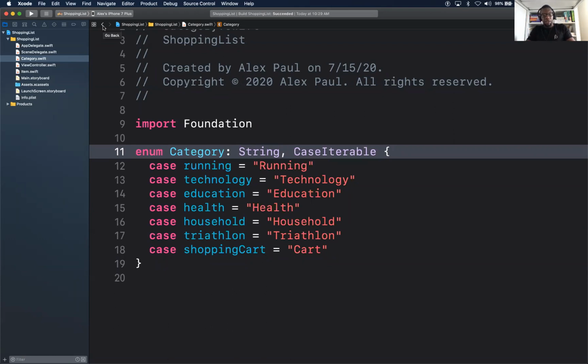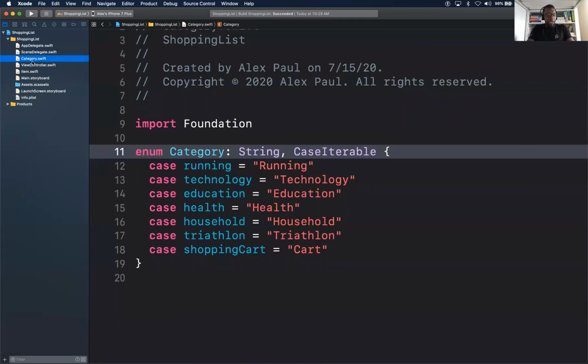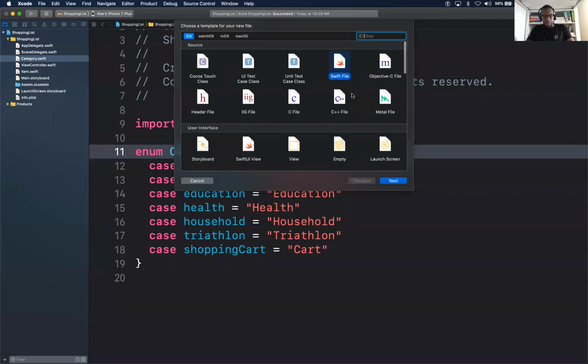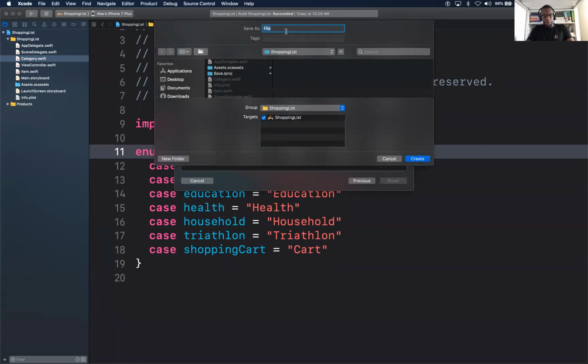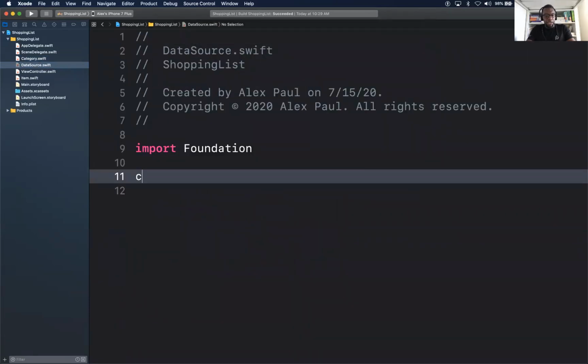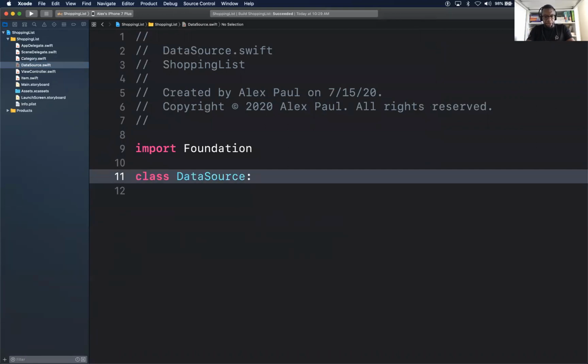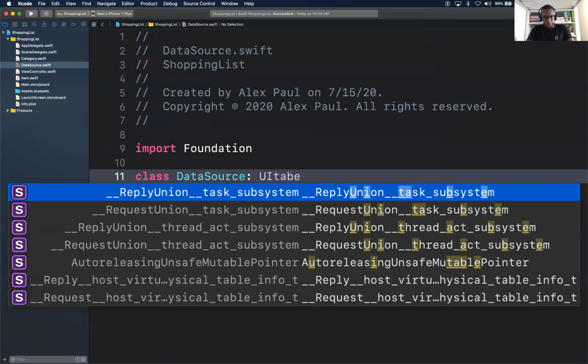All right, awesome. So we are good. So let's go create a new file now. That might be one of the last files we create. Create a new file. I know I don't have that in the notes, but I'll update the notes. It doesn't subclass from anything. A little Swift file. Let's call it data source. And it's a class called data source. And we subclass in here from UI table view.